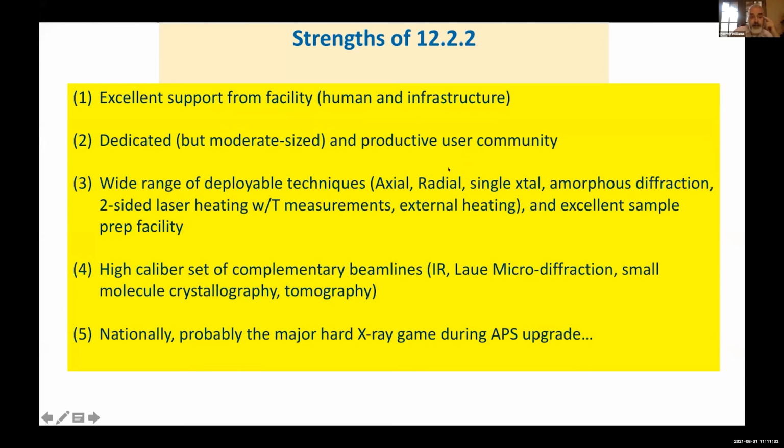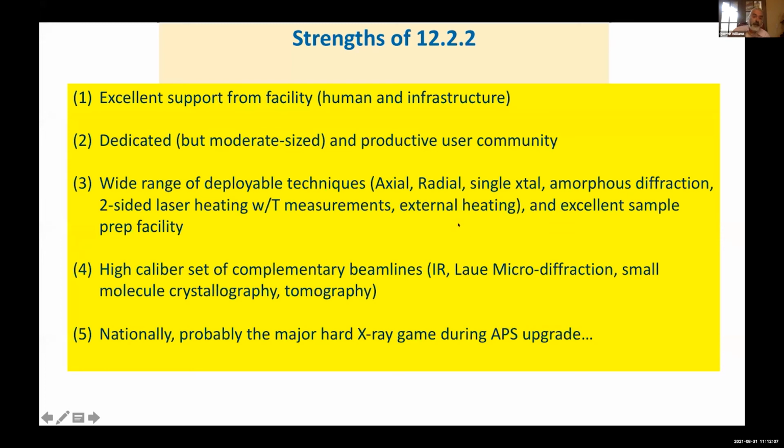We are a single beamline, and our user community is localized, but not uniquely localized, to the west of the continental divide in the United States. We do have international users as well and East Coast users, but that's the preponderance of our user community. We feature a really wide range of deployable techniques, whether axial, radial, single crystal, amorphous diffraction, two-sided laser heating with temperature measurements. We also do external heating, which I did not emphasize in this,